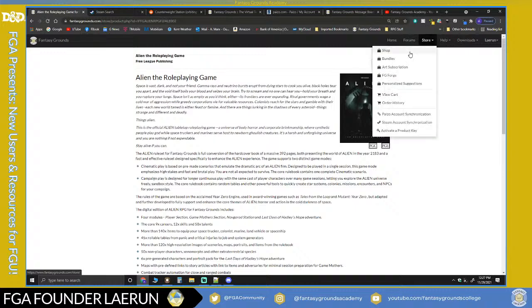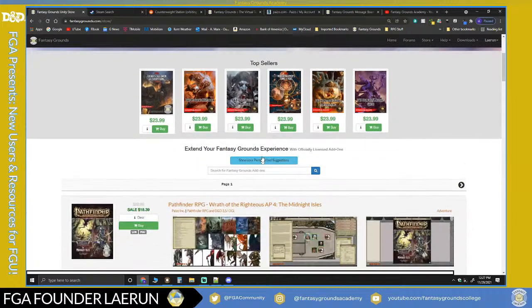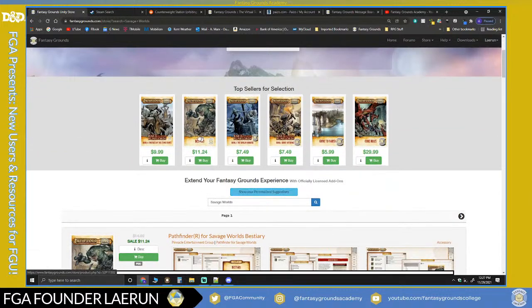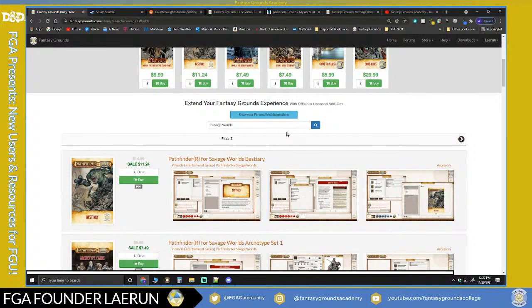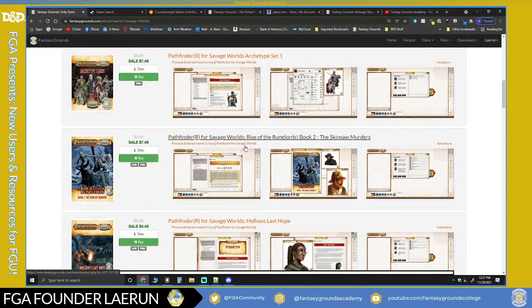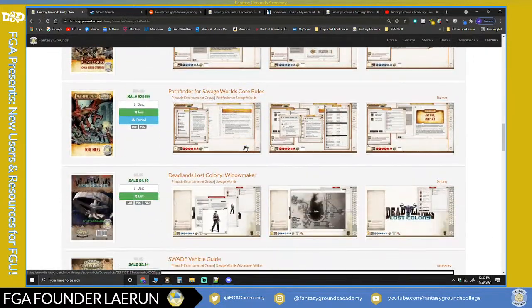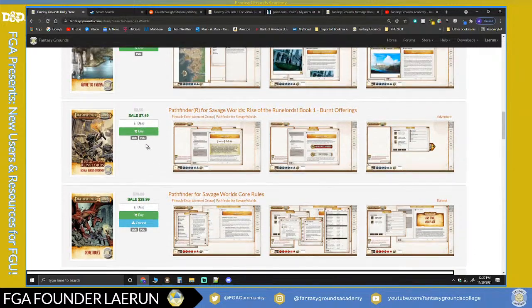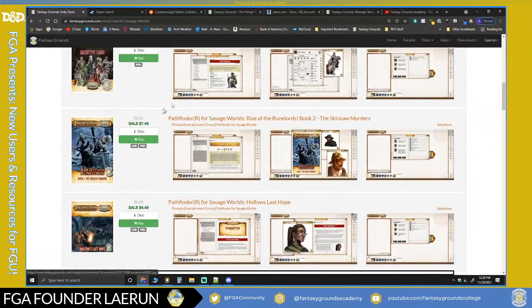And if you're like Savage Worlds, it's the same thing. It's pretty cheap. So if you go and type in Savage Worlds, I think I like Lankhmar, so that's a rule set that I've picked up. But there's even the newer Pathfinder 2 that goes with the actual Pathfinder and Savage Worlds. There's a bestiary, there's the Savage Worlds archetype set. So if you like Savage Worlds but you want the lore of Pathfinder, you can play that. So I do own the main core book, but I don't have a lot of the new modules.